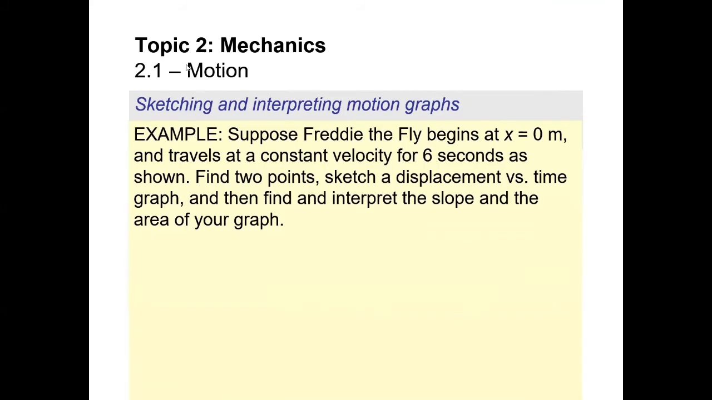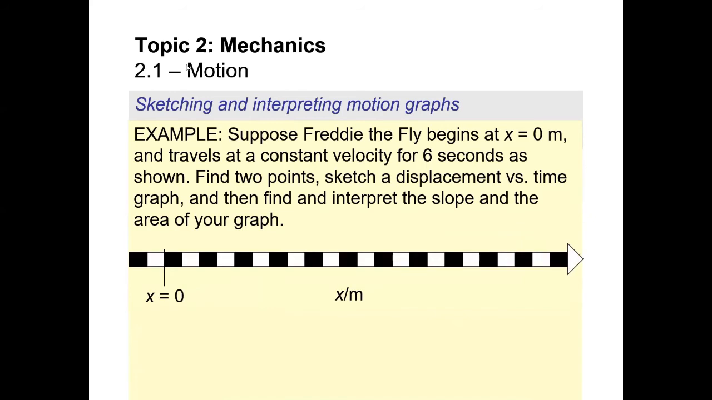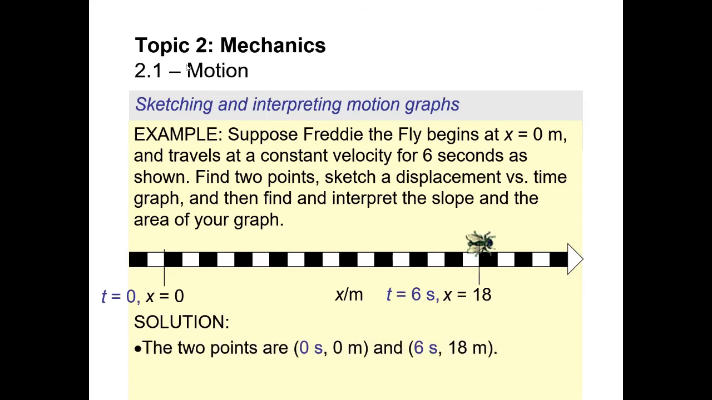Suppose Freddy's fly begins at x equals 0 meters and travels at a constant velocity for 6 seconds as shown. Find the 2 points, sketch a displacement versus time graph, then find and interpret the slope and the area of your graph. When t equals 0, displacement is 0. When t equals 6 seconds, displacement is 18. The 2 points are